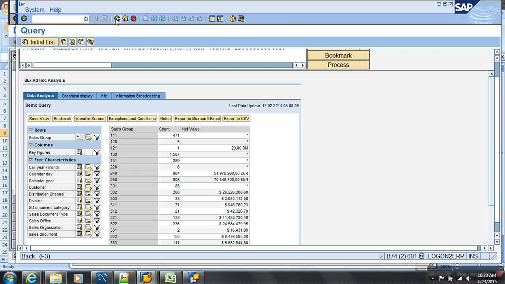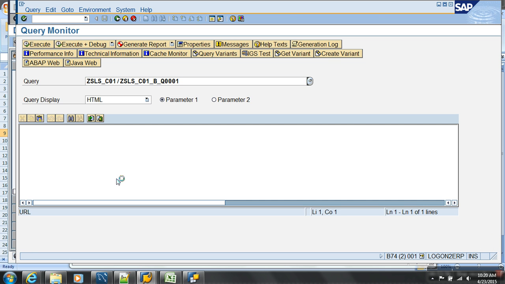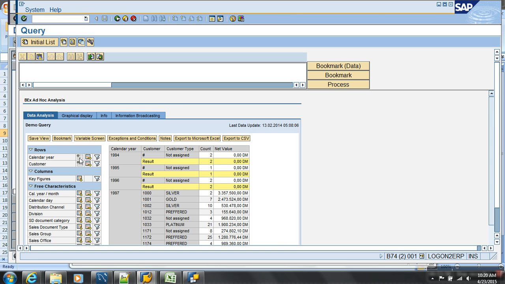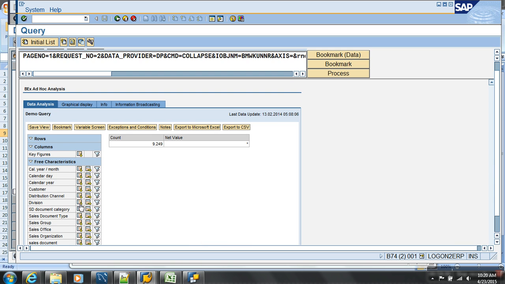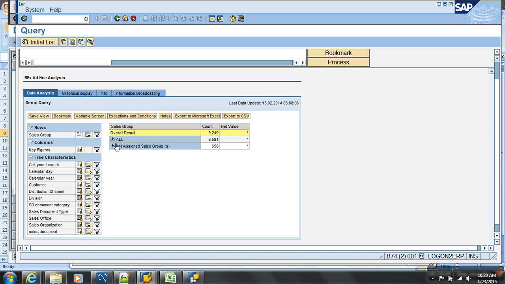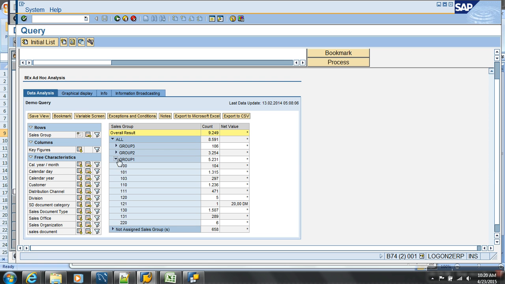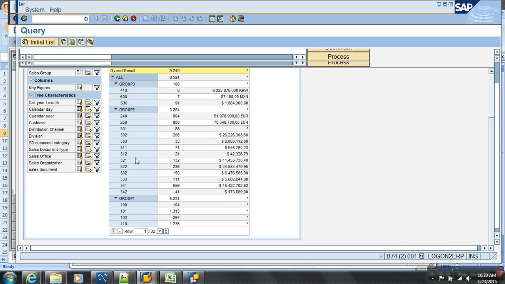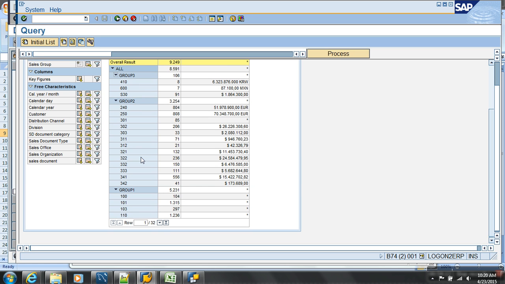let's go to the report and check the display. Now remove customer from the drill down. Now let me drill down on what? Sales group. Now do you see the node all, expand group 1, expand group, and you get to see. So when you want to see parent-child data like that, you can have n number of levels. I only had levels like all, groups, then this, but you can have n number of levels. You can have up to 97 level groups. So you can just go about expanding and have the nodes.